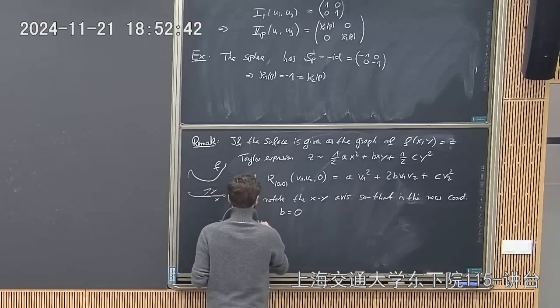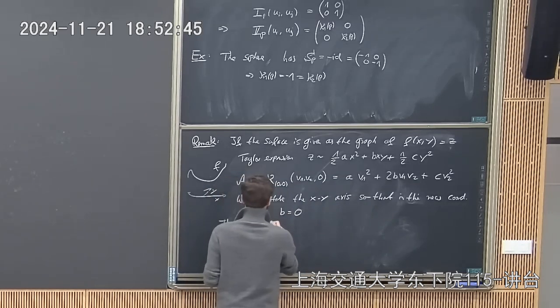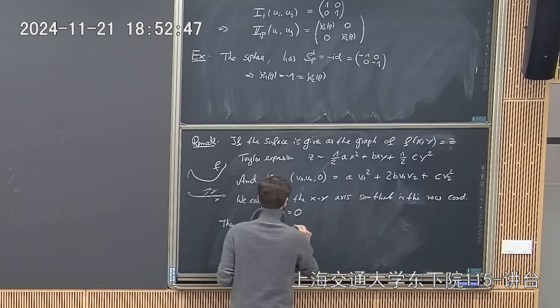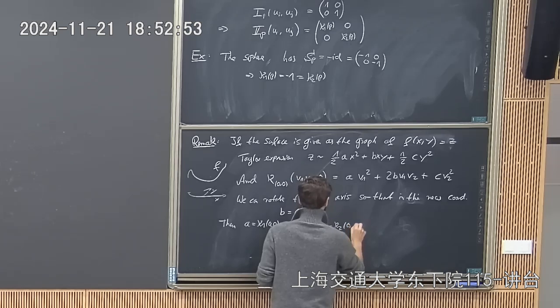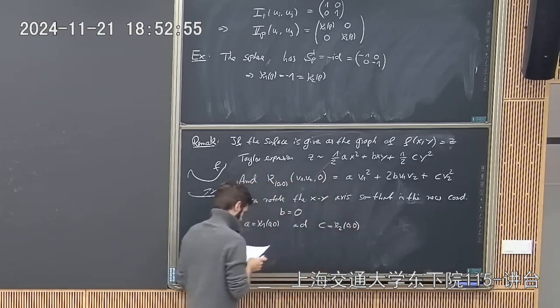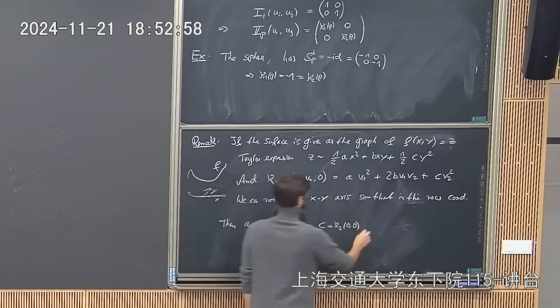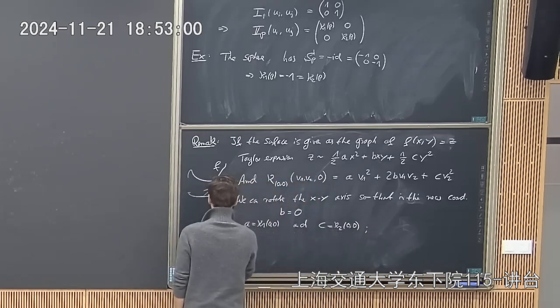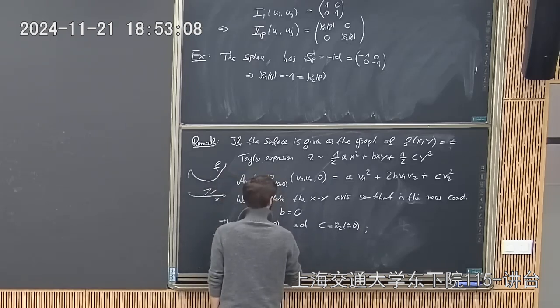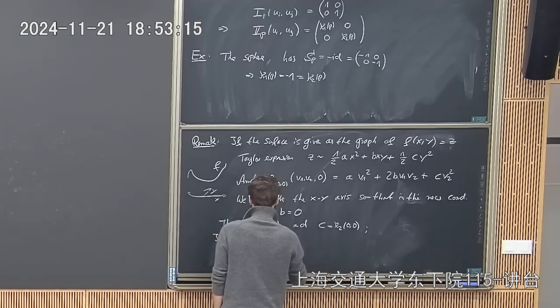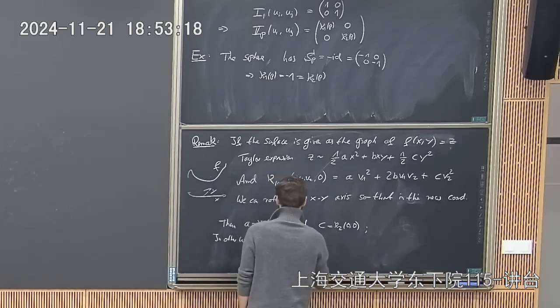Then A equals kappa 1 at 0 and C equals kappa 2. So in other words, the surface is locally described as